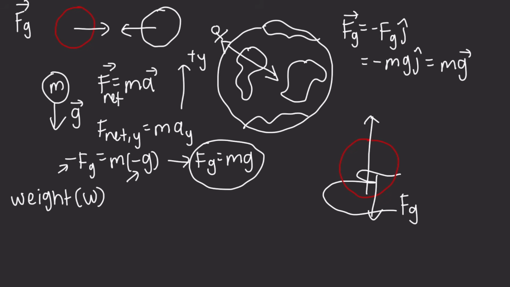So let us suppose that the magnitude of the gravitational force is 2.0 newtons. This means the weight of the ball is 2.0 newtons. So the weight is 2.0 newtons as well. And we can also say that the ball weighs 2 newtons and speak about the ball weighing 2 newtons when